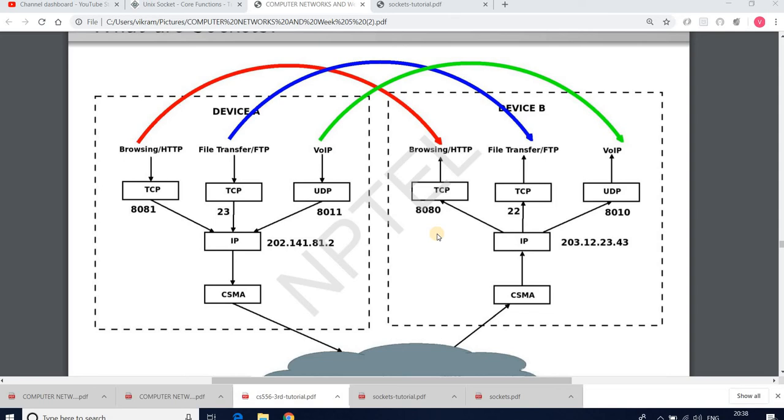Here let us see how we can implement such a socket in a Unix based system.